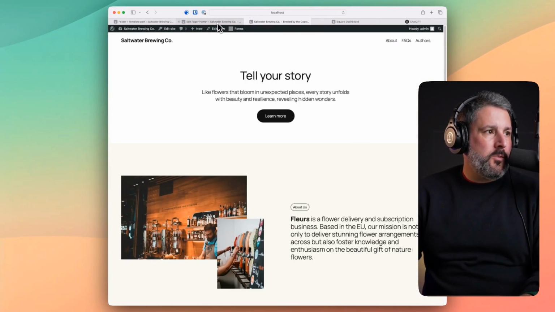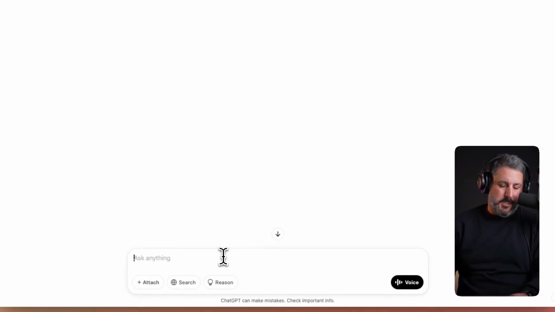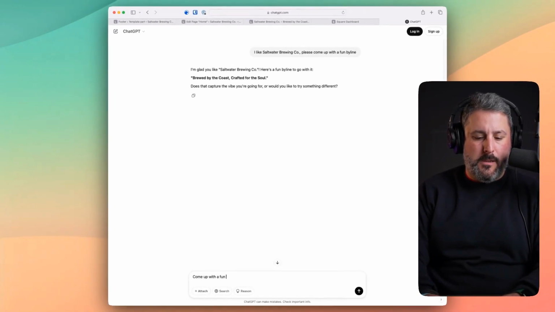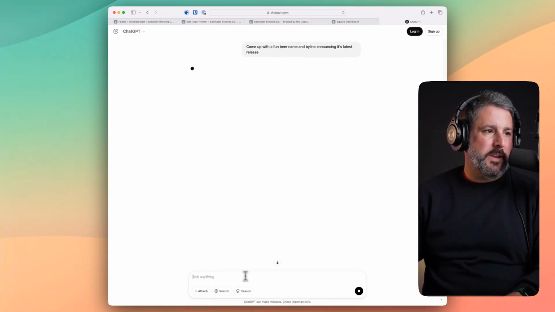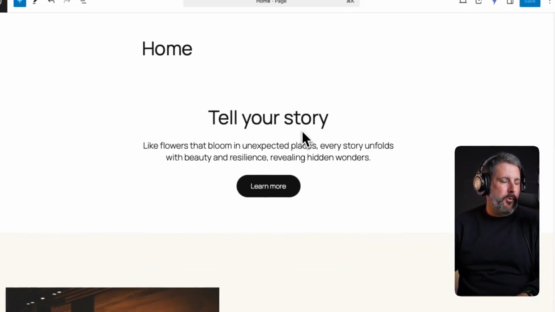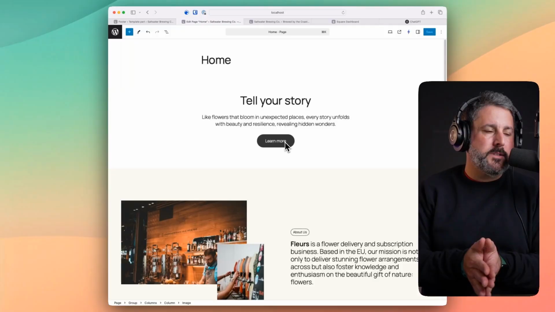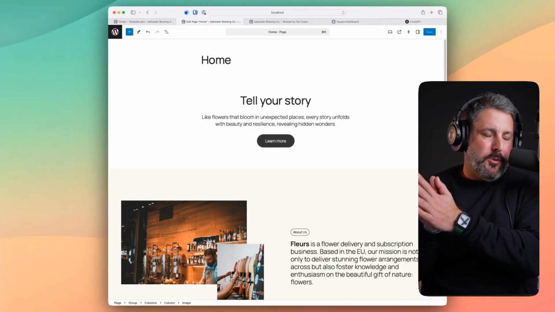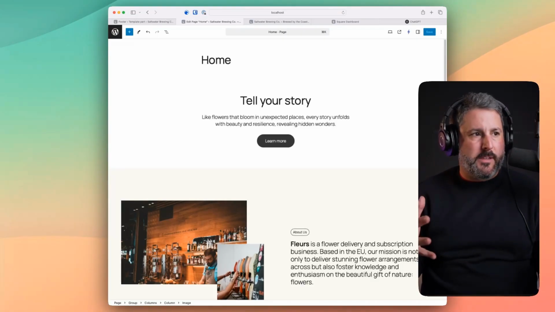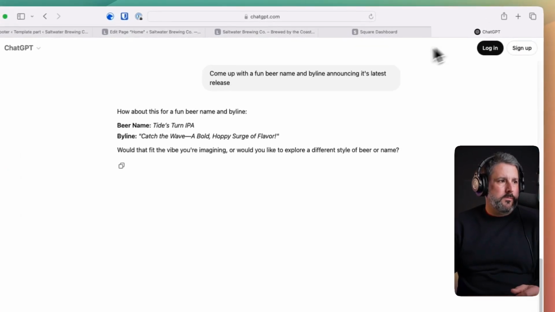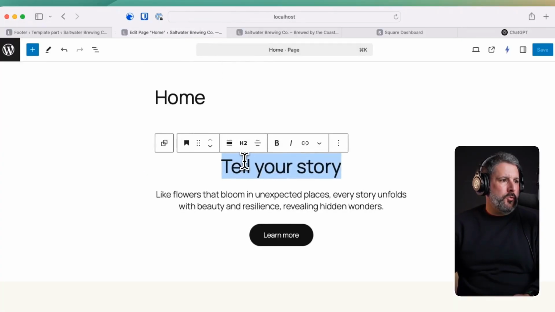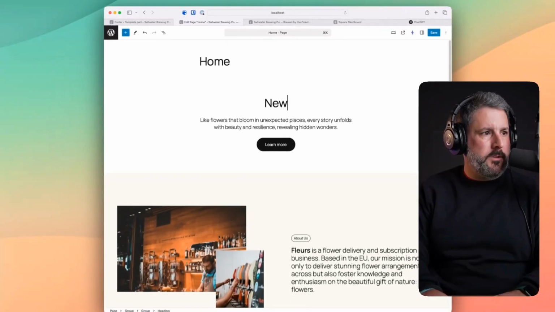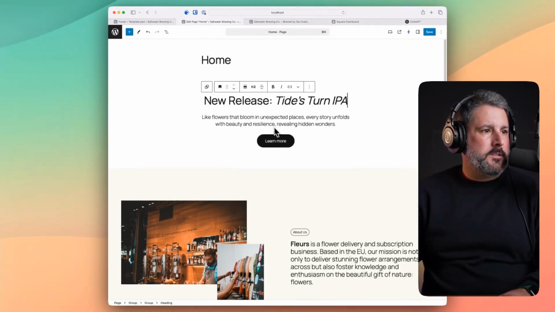Okay, so let's go ahead and consult ChatGPT one more time. Come up with a fun beer name and byline announcing its latest release. So what we're going to do is replace this call to action. These calls to action are important, of course. I'm leaving this here because what we want to do is shift this to either selling your merchandise or joining the beer club or something like that. So we'll come up with a fun little title, and we'll start populating new copy across the site. So we'll say new release, Tide's Turn IPA,